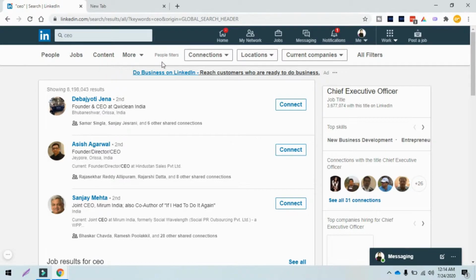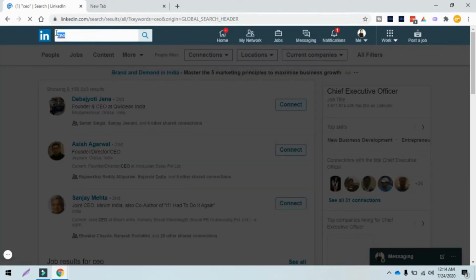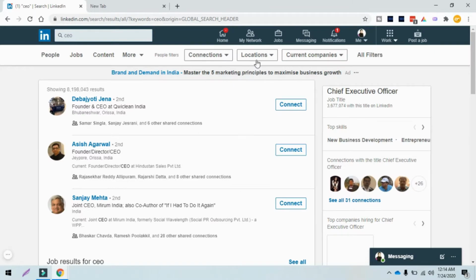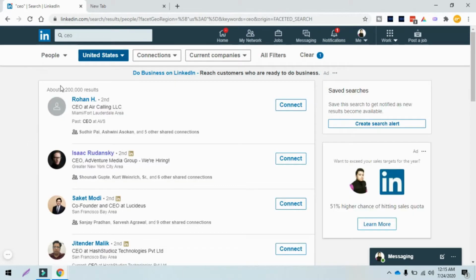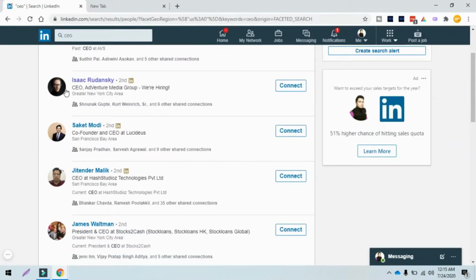So let's narrow down by location. I will add location as United States. As you can see, my keyword is CEO, and what I will do is choose a location to narrow down my search, which will be United States, and then I will click on apply. As you can see, the keyword is CEO, the location is United States, and on the first page we have